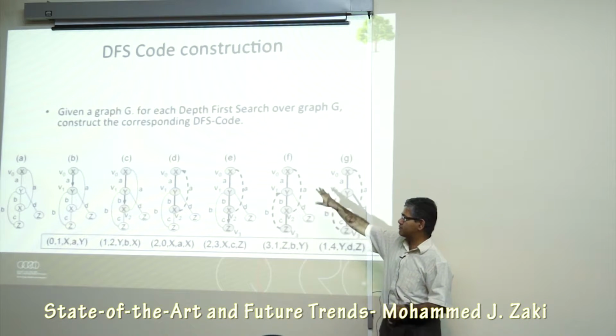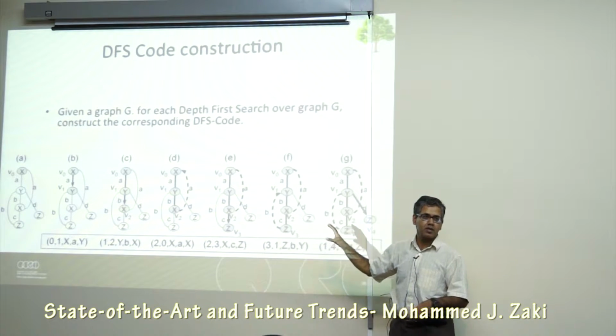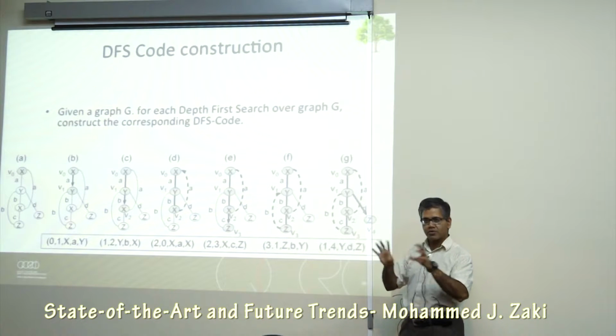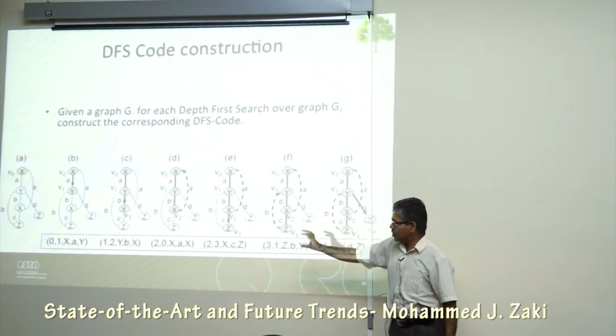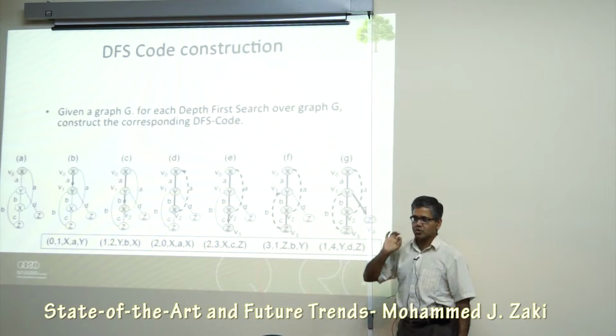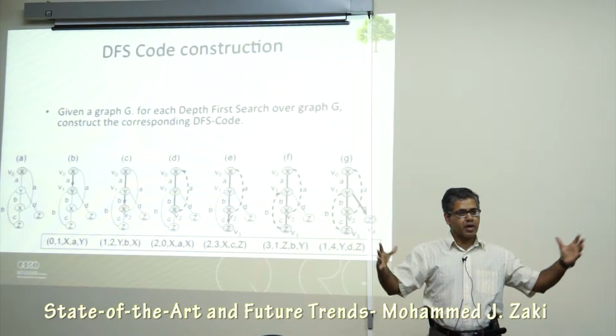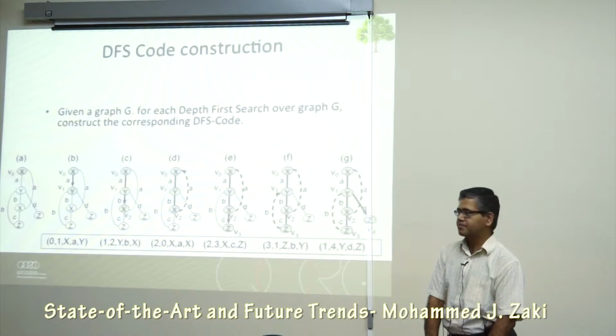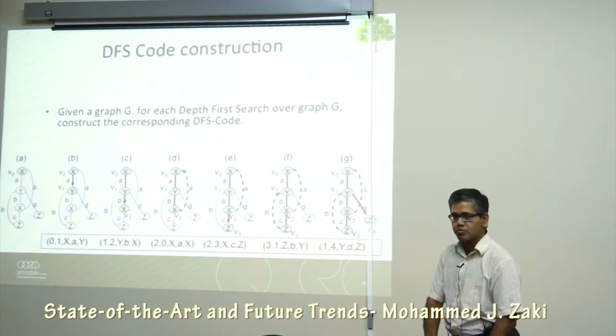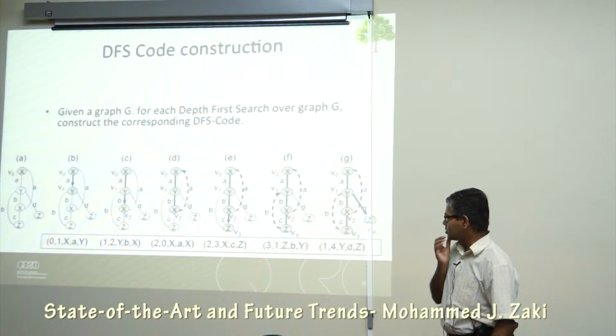Of course I could have traversed the graph in a different way. So among all the possible ways you can traverse the graph, you are going to order these codes, and you're going to choose the least code as the representative one for that graph. So that's the contribution. And the reason this works out is because